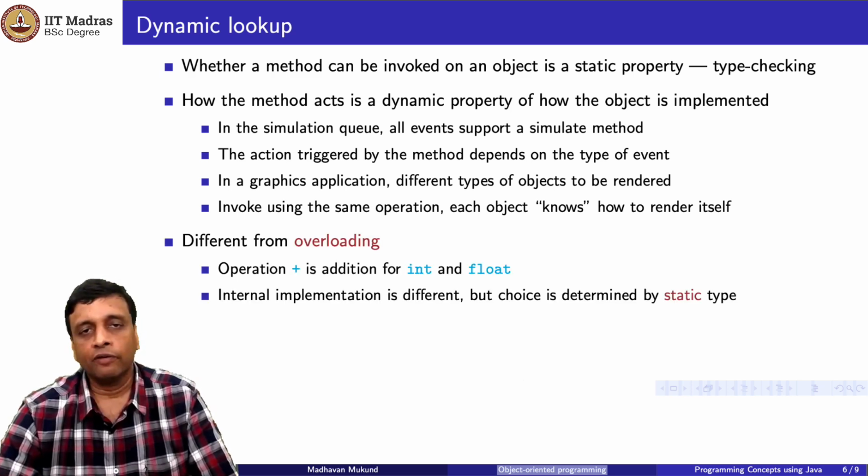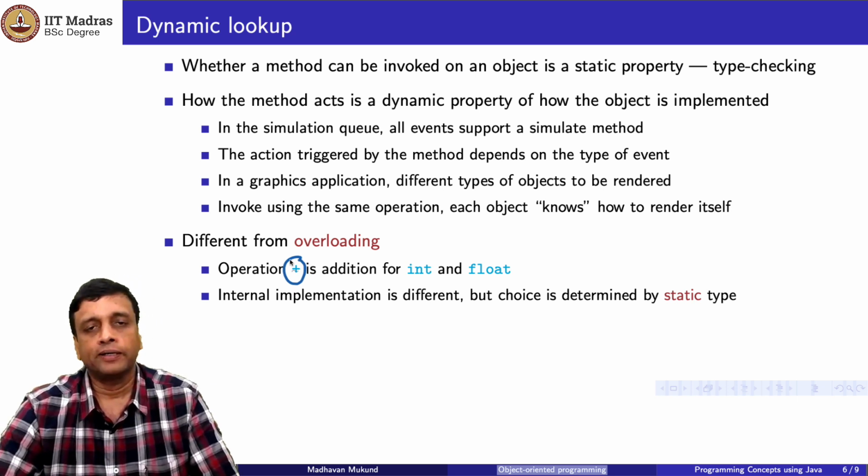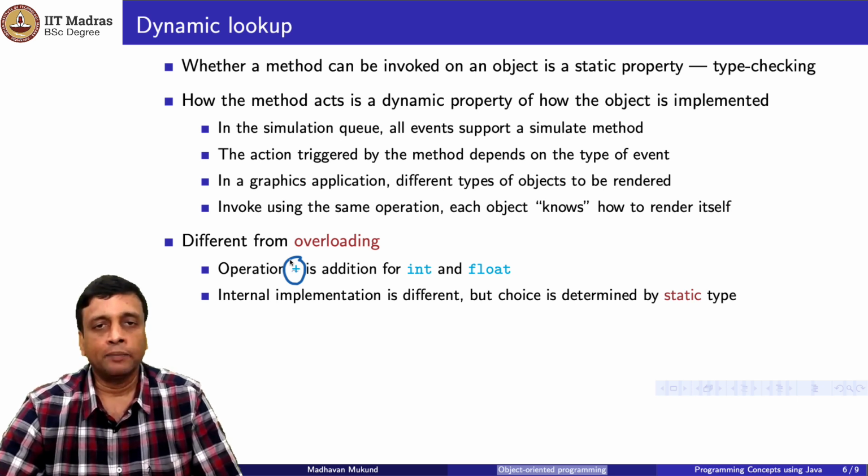This is different from what we sometimes see in programming languages, which is called overloading, where we use the same operator or the same function on different types. A simple example is the plus operator. Plus in almost any programming language can be applied to two ints or to two floats. From a mathematical perspective, an int or a float is a number, and plus represents addition. So mathematically there is really no difference between plus on ints and plus on floats.